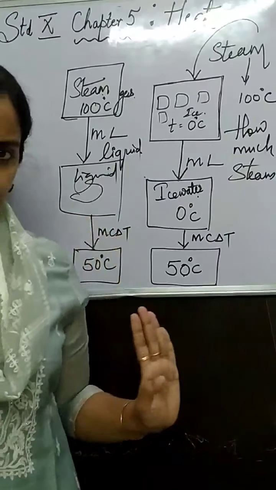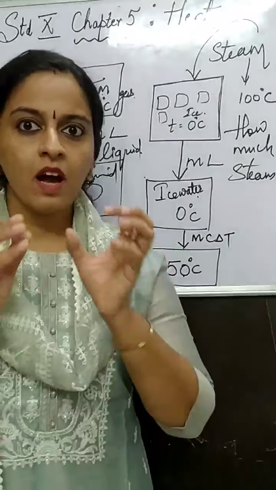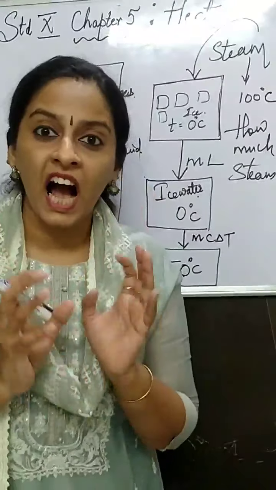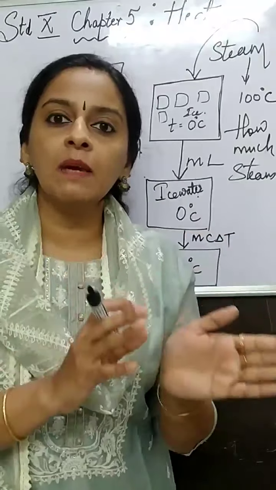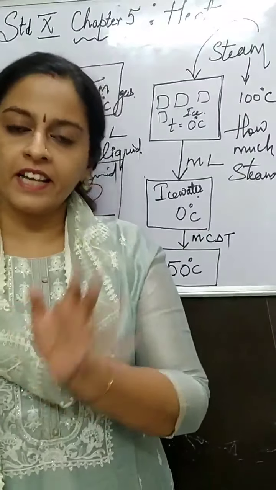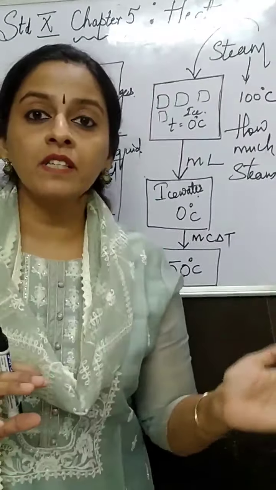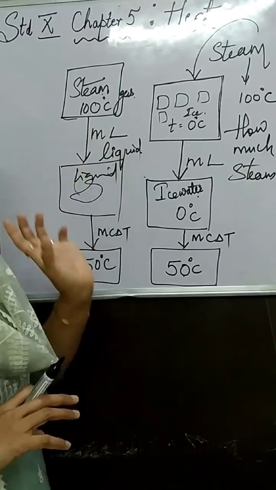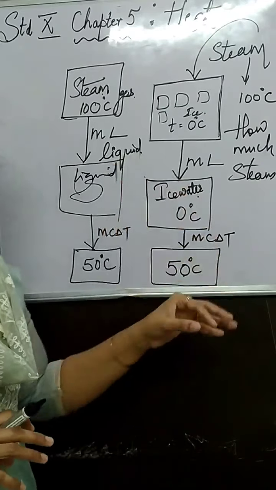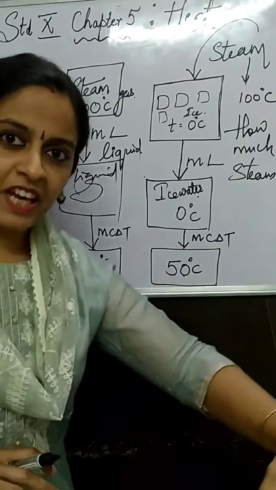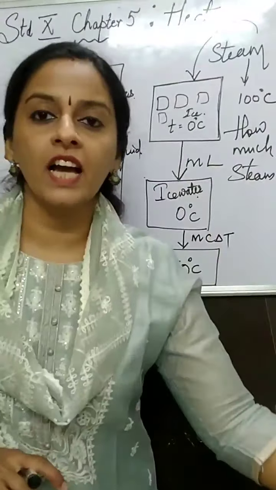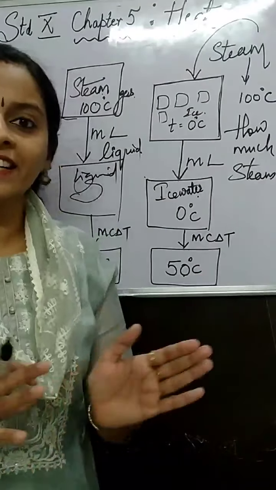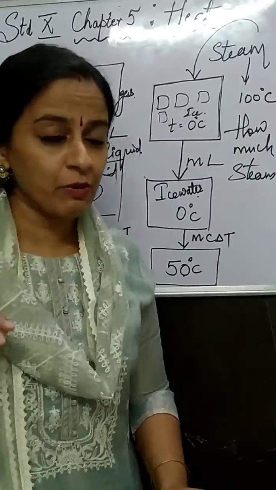Story of ice is clear. Okay, what is happening with steam? 100 degrees steam, when it goes and interacts with the ice, first the steam will undergo condensation. Okay, that means the state changes. State change hua, so we will use the formula ml. Okay, then it will keep on giving its heat to the ice so that the ice will get converted into water. And when all three attain the same temperature, thermal equilibrium,